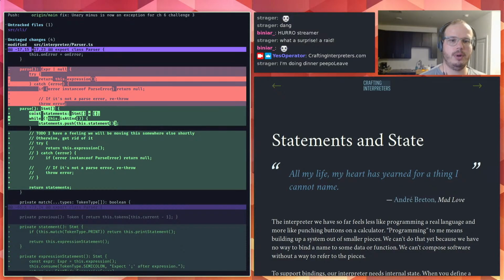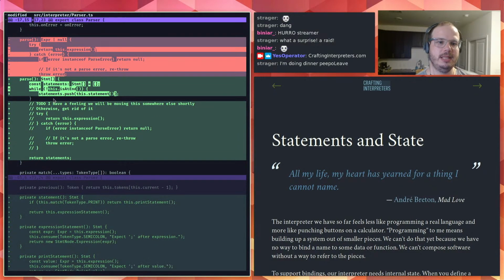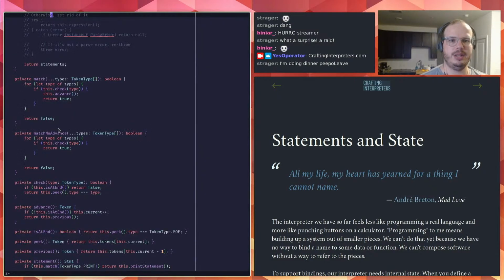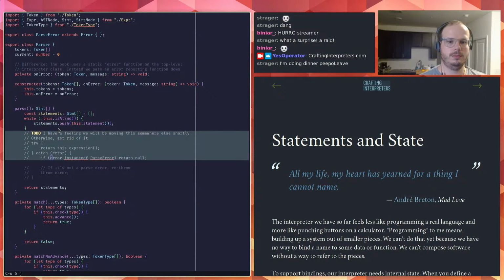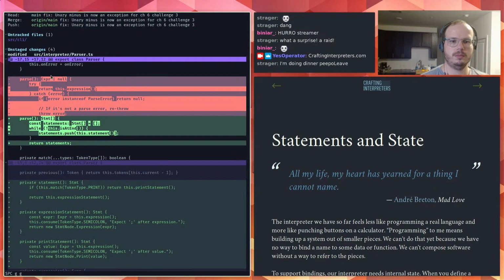Yeah, so before our parser would return an expression, now it returns a statement, or a list of statements. Makes sense. Here was our parsing error handling. Do I think we'll use this later? Probably not. At least not the try catch of it. Okay.